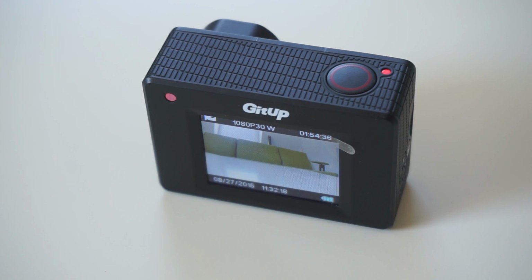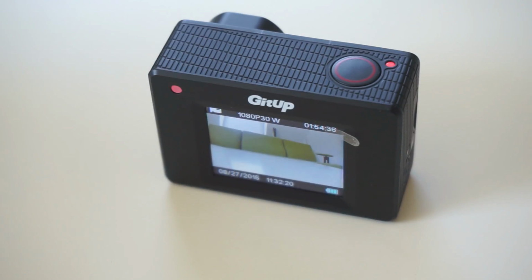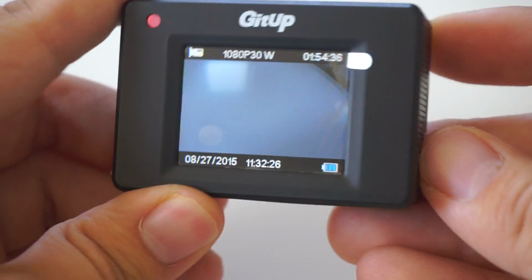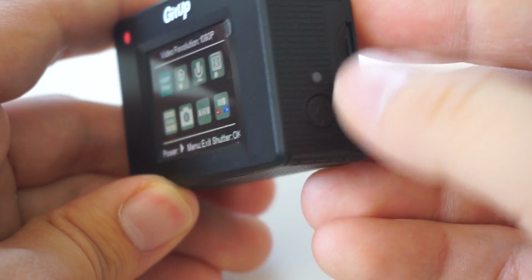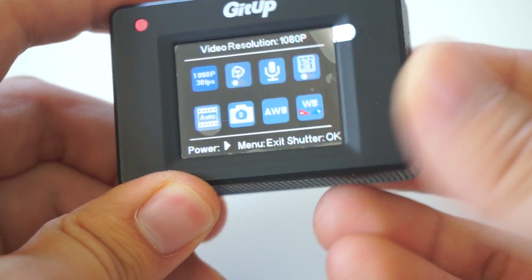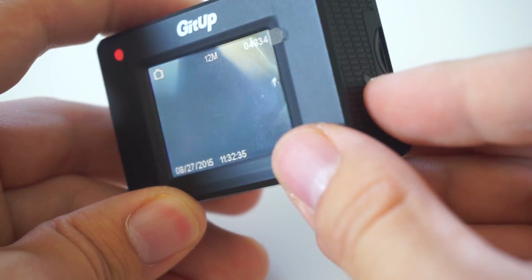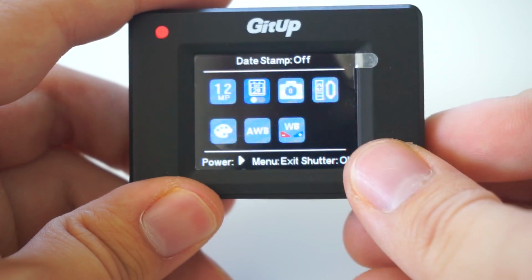One interesting thing about Git 1 is that it gives quite a lot of space for users to experiment and tweak with settings. You have basically 3 different settings. You have video settings when you press the settings button while you are in video mode, image settings when you press the settings button while you're in the image mode, and system settings when you press the on or off button while switching